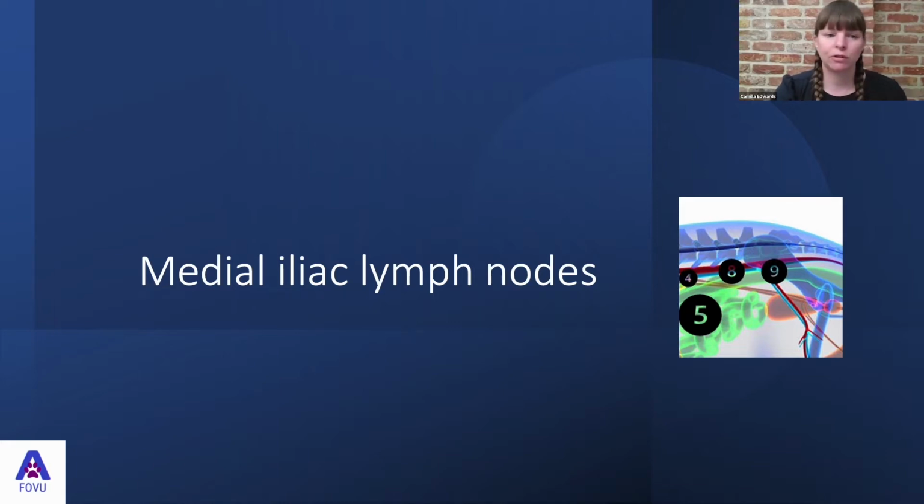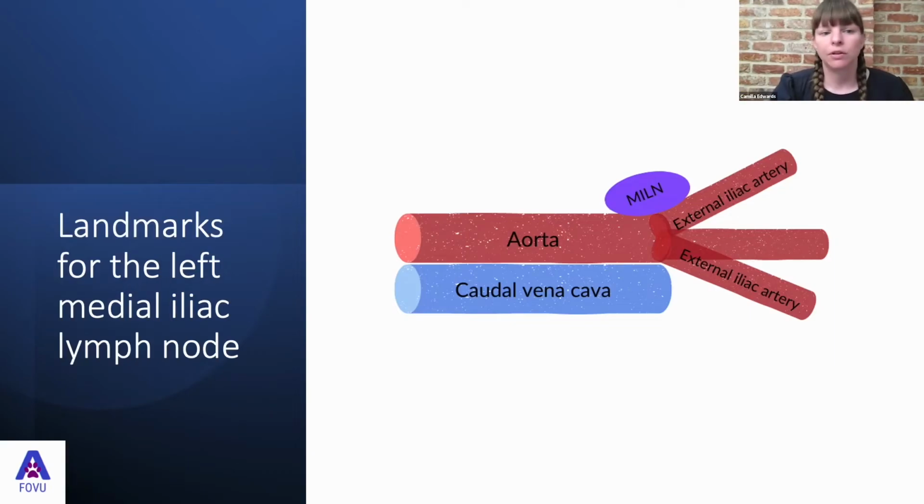So we'll move on to how we find the medial iliac lymph nodes. The medial iliac lymph nodes are really useful to find in the abdomen because they've got great landmarks. So we saw in the other images that we were looking along the aorta. We've got the aorta here. This is the left-hand side of the body, and the caudal vena cava is on the right-hand side of the body. And then when we get back to the trifurcation, we've got the two external iliac arteries, and the aorta